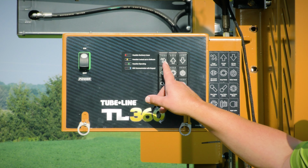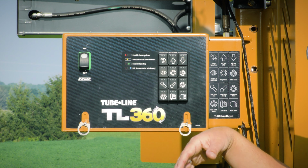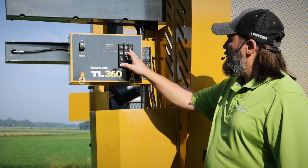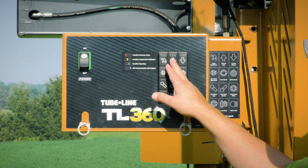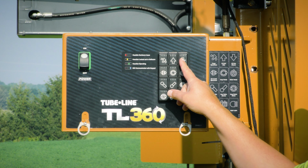So your first one is finger open and close. You just push the button and hold it until the finger opens, and then once it's fully open, you can push it again and the finger will close. The second one is lift arm up. Again, just hold the button and the function will, as soon as you let go, it stops. And the same thing here, we've got lift arm down,